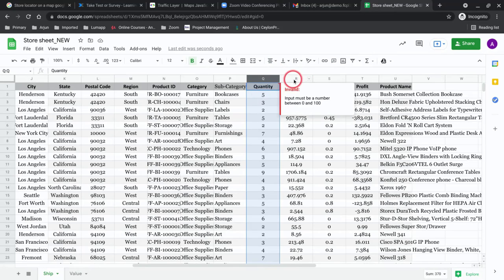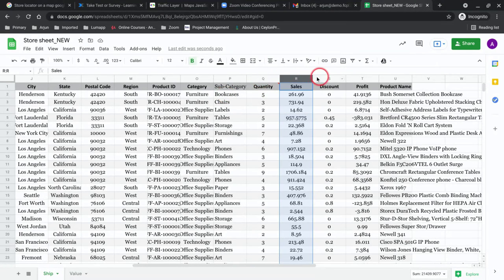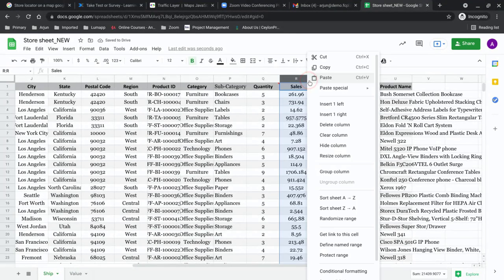And also, let's say you don't really want people to come into this specific column called sales and type anything apart from the sales value. If they try to edit the sales column, without their knowledge they might even type their name, just like what I just did, right? So what I can simply do is set a validation on that specific column.